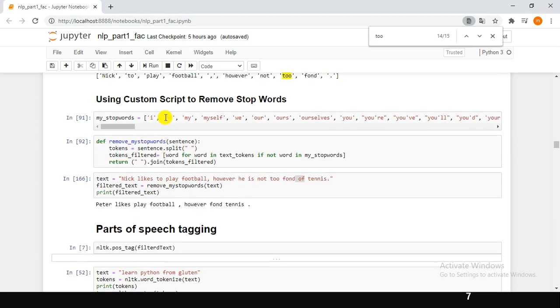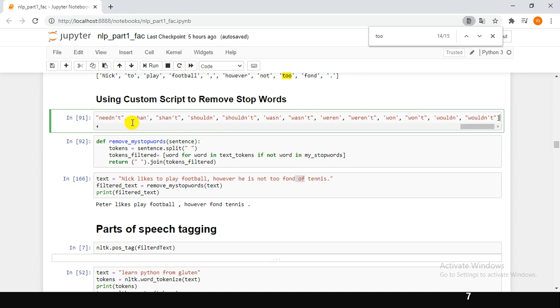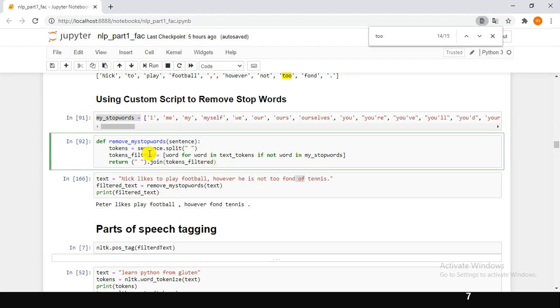So instead of using the packages, what we can do is write a custom script to remove the stop words. List out all the stop words. In this case, I listed out all the stop words in a list by the name of m_stop words, and I created a function.